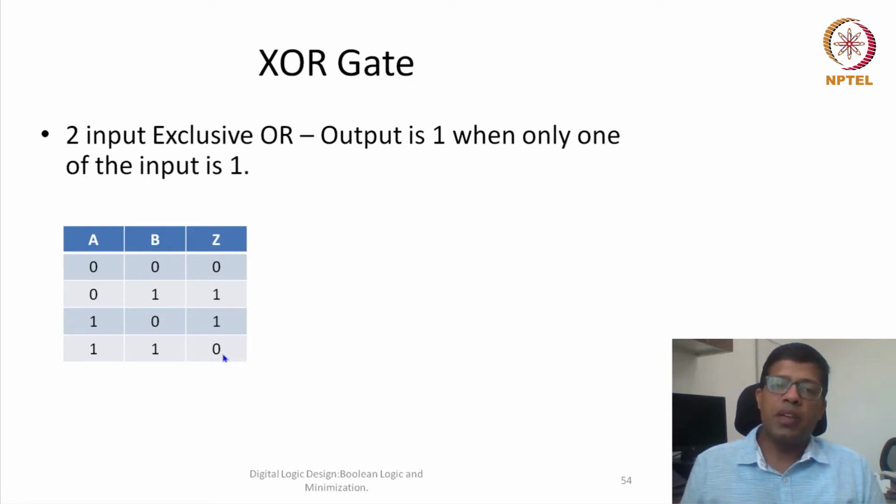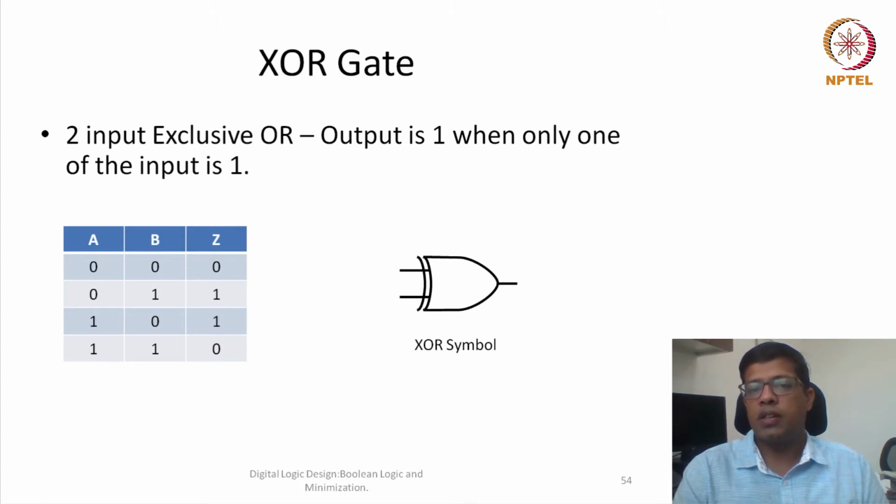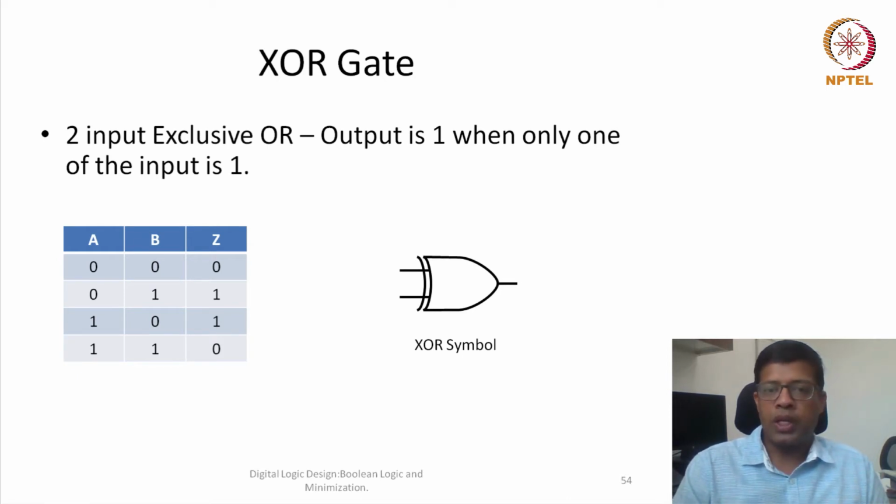So this is the basic behavior of the XOR gate. The symbol for this gate is like an OR, with one more line parallel to the OR. This signifies the symbol of the XOR gate. The algebraic symbol is a plus with a circle over the plus. Whenever we write XOR in algebra, we use that symbol. So this is how we define the XOR gate.